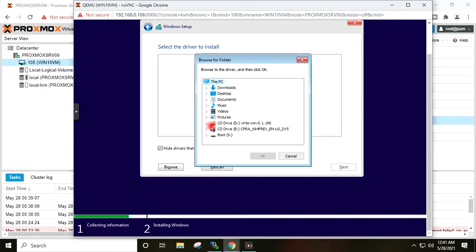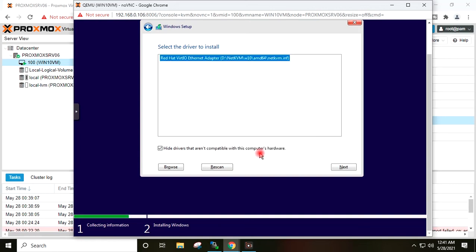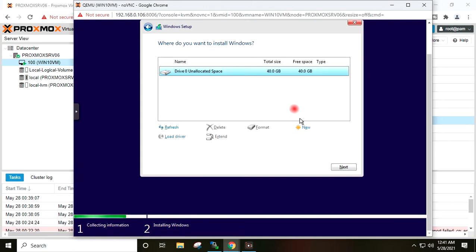I will expand the VirtIO ISO. I will expand the NetKVM, Win 10 AMD64. OK. Next, it will install the network driver.